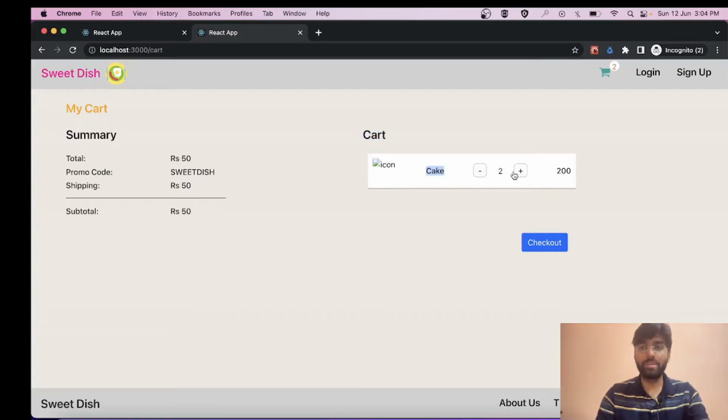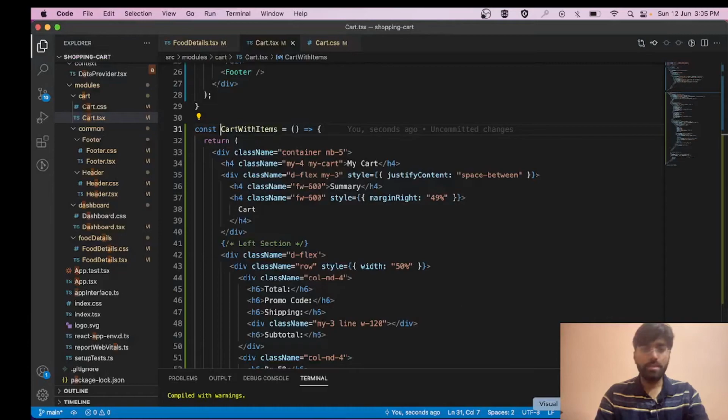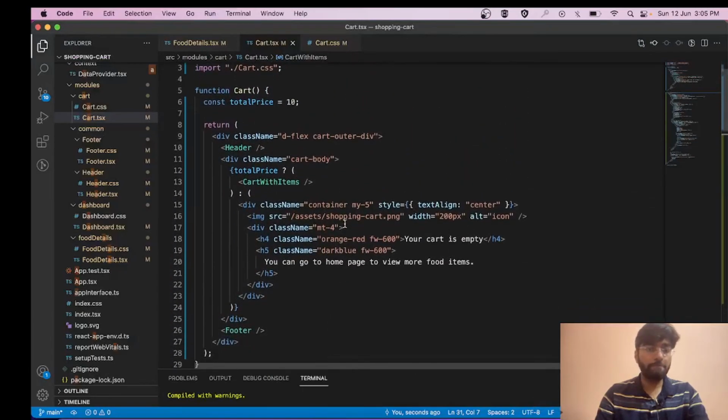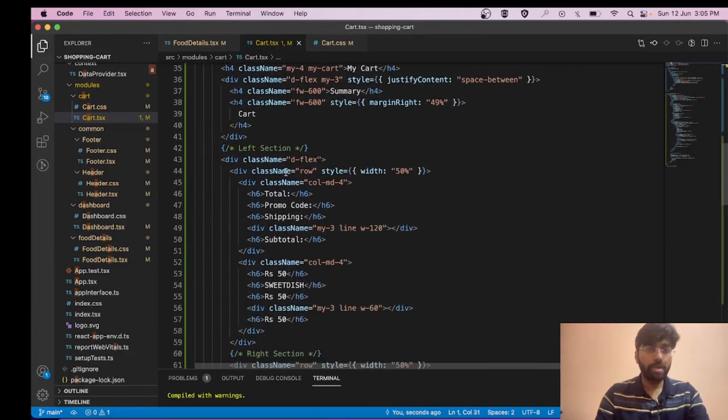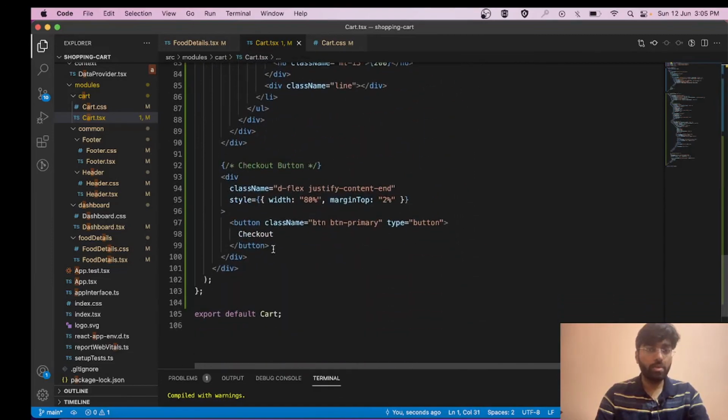These are not the dummy buttons, but this is the static text, and this is the static price. And what we can do is quickly code this checkout functionality. So let's add the call to action. Let's import it. We need swal from sweetalert. After this, let's find out where our button is. Okay, so over here it is our button.